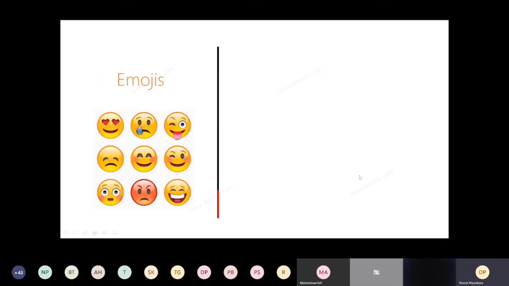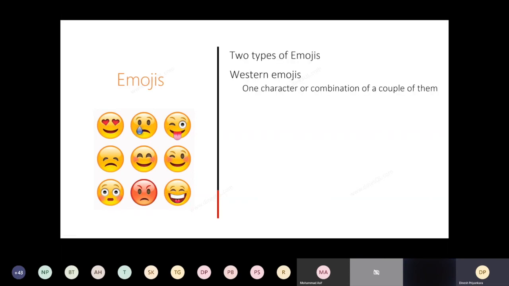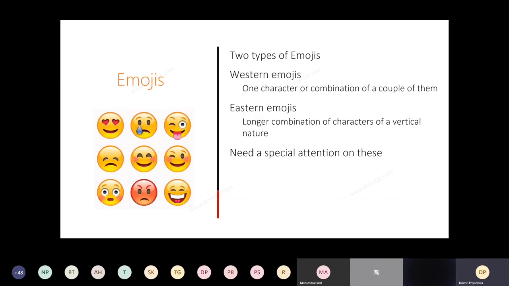You might get emojis as well. We know that there are two types of emojis, Western and Eastern. So if you take these emojis for your text analysis or sentiment analysis, just make sure you understand the characteristics of them. Because in Western, we basically try to do things with 2 characters, and in Eastern, we try to do things with 3 characters.